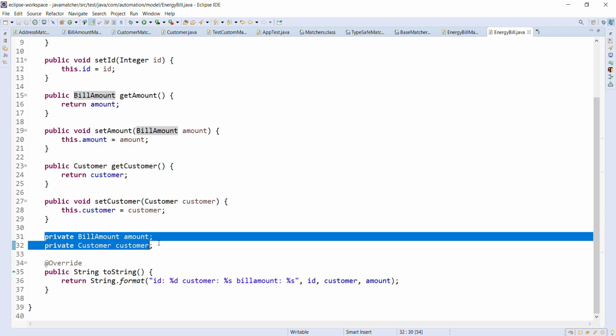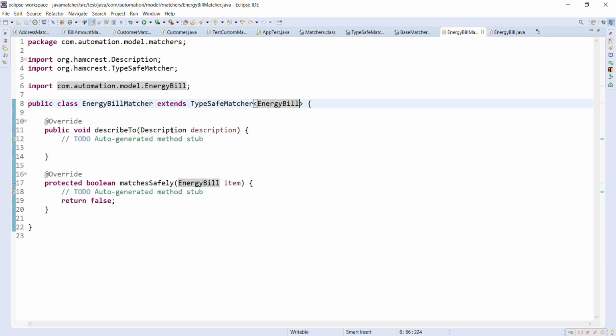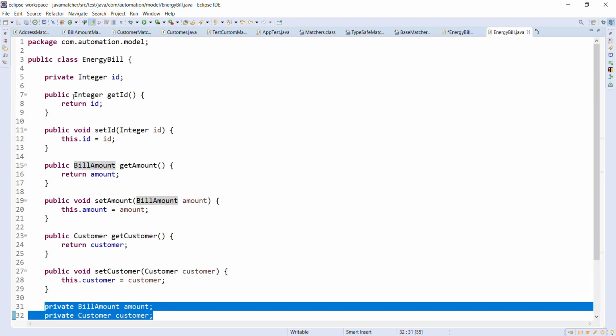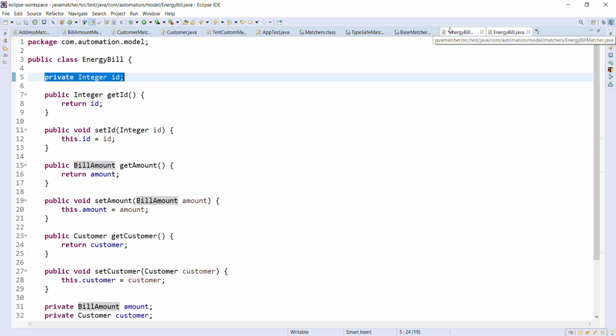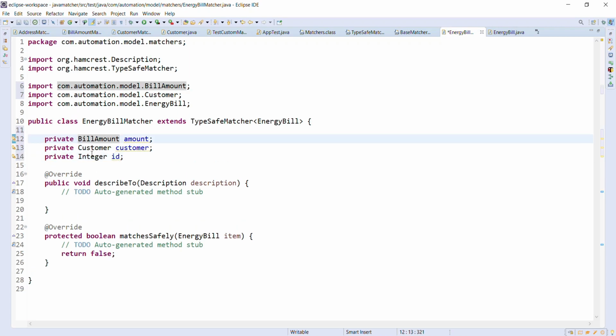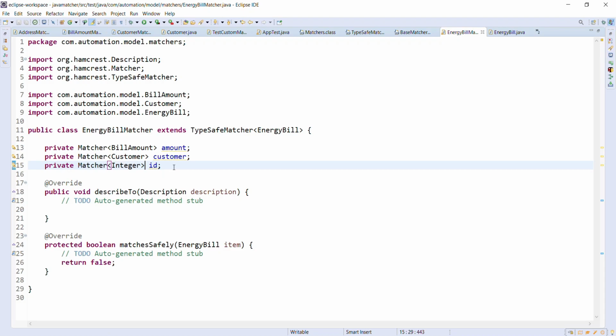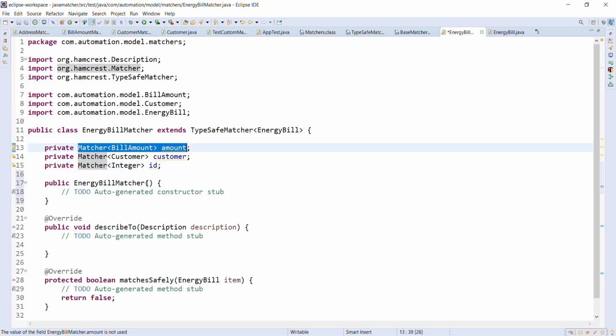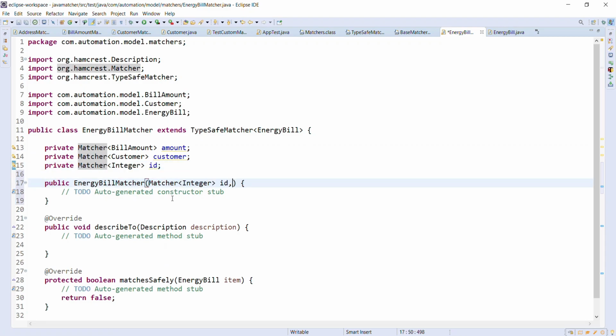So I will add these three properties in our matcher. And I will change the type to Matcher. Similarly, I need to create the constructor to initialize all these variables.